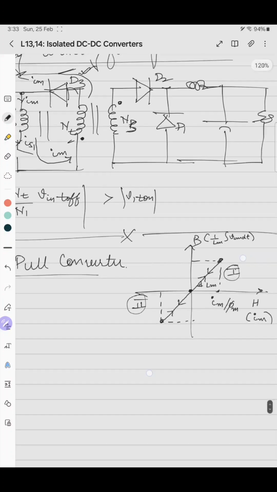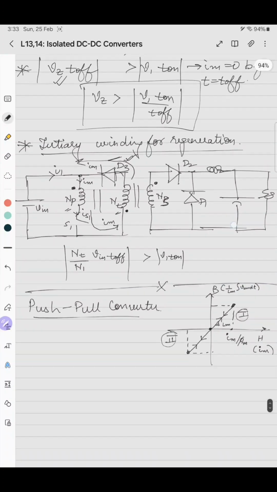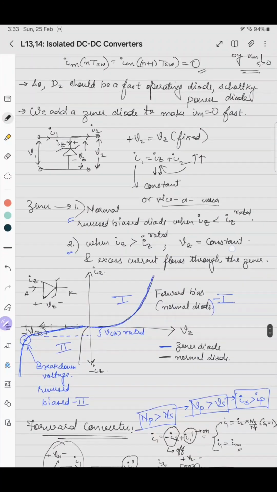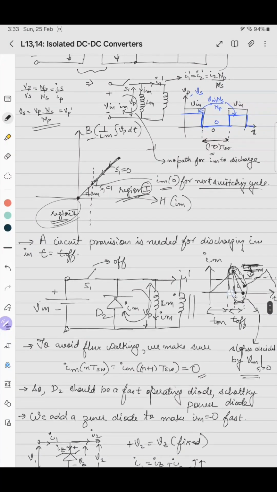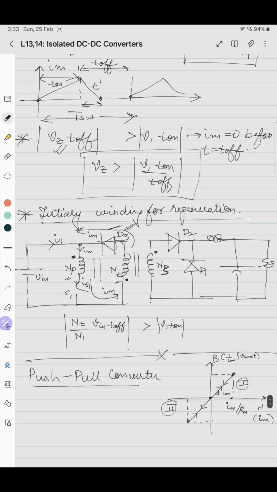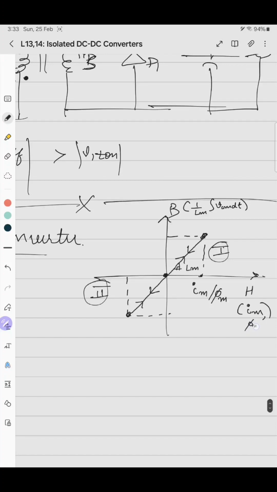So in order to work the converter in region 2, if you look at the BH curve, it is either Im or phi m, either 1 by Lm integral VLm dt or MMF,